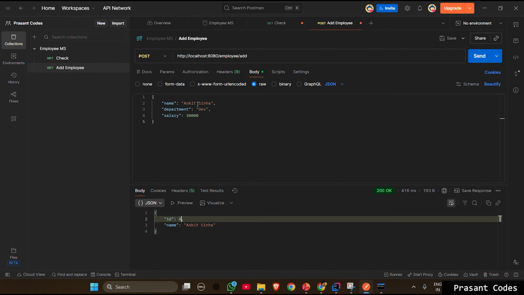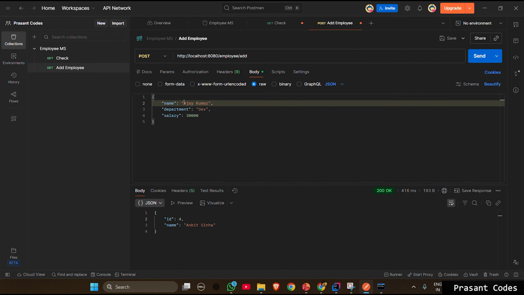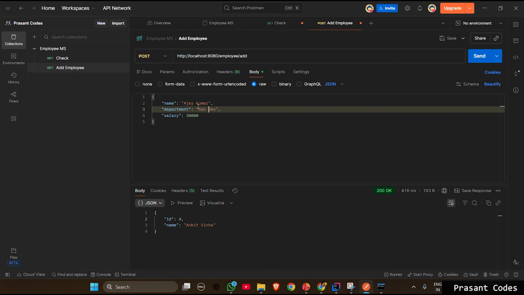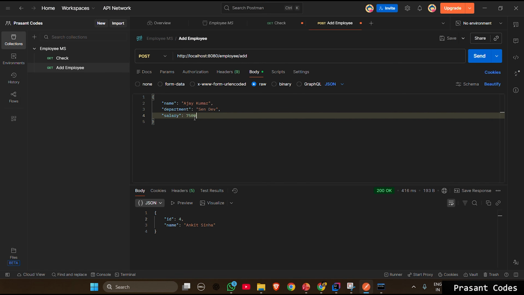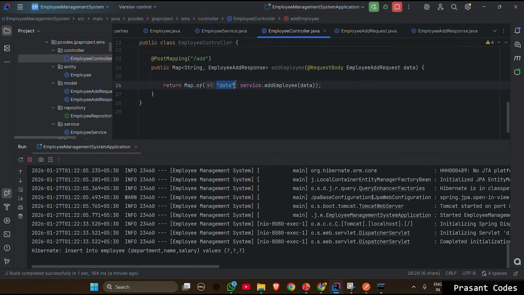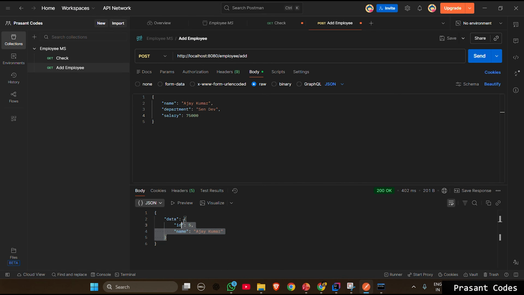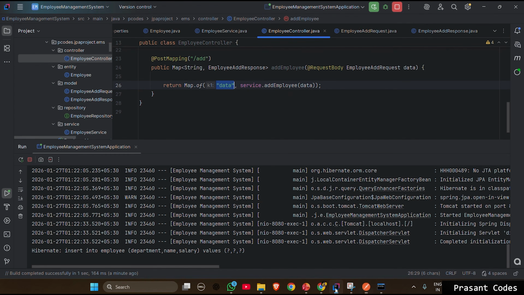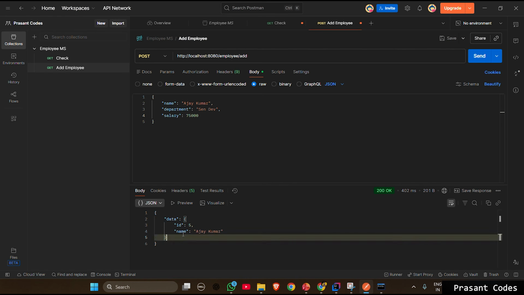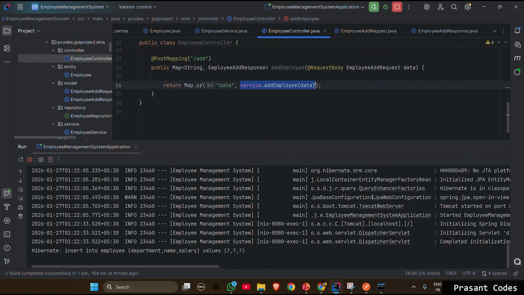So now if I write, let's say, Ajay Kumar, senior dev, and let's suppose 75,000, and send. Now here we can see our whole value came with the key "data" that we have passed here. Therefore we are getting an object of object. This is an object and this is also an object. So "data" is the key that we have passed from there, and this is the value that is coming from the service. So we can do both, but prefer to return only this one